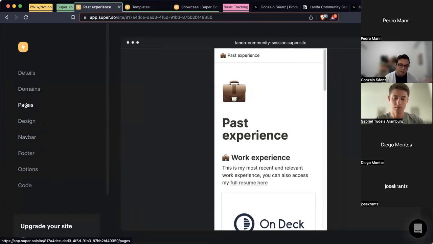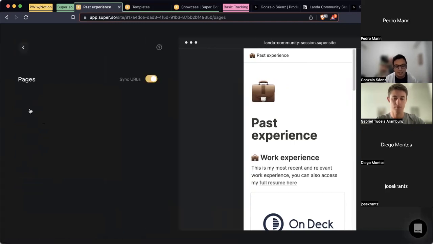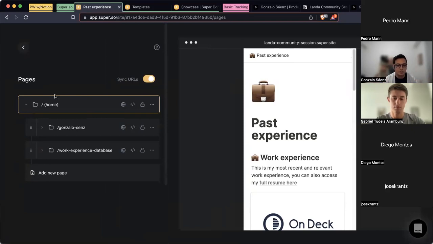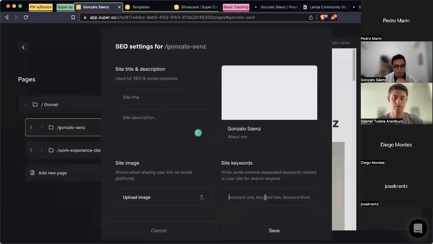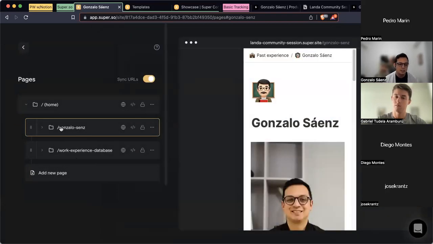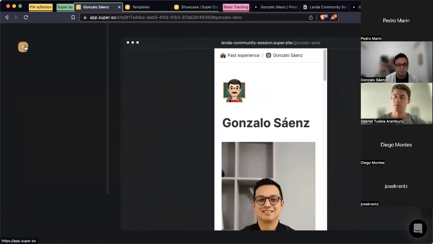And here you have other options that, as I said before, help you enhance the experience you're providing with Notion, and act as a middle layer that can help you build a better web page. So you have this pages option, and what this does is it detects all of the links in your Notion page, and you can edit the SEO. You can put a title, a description, keywords, and upload an image. So whenever you share this on social media, you also have a preview of the site, and you can do this for every page. You can create parent and child pages for your site.